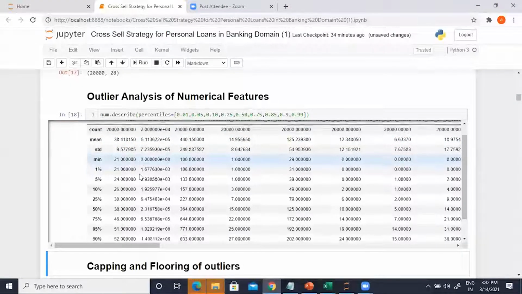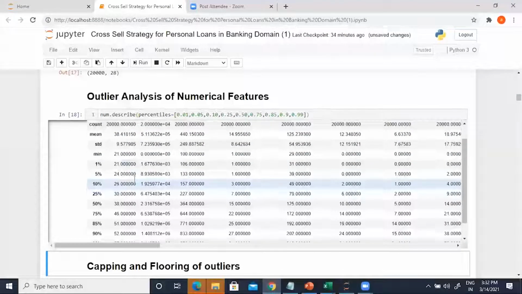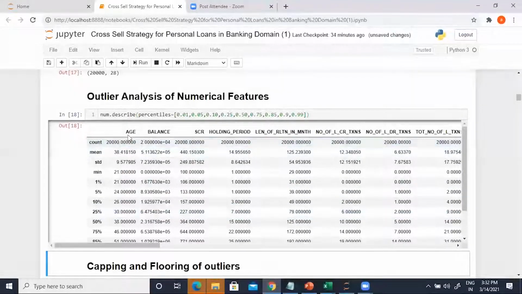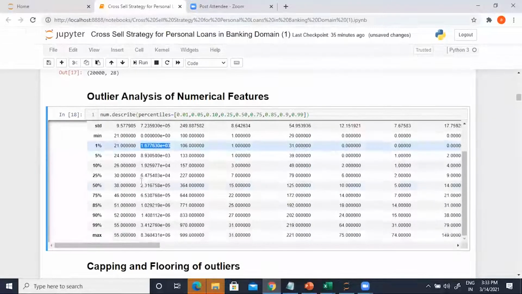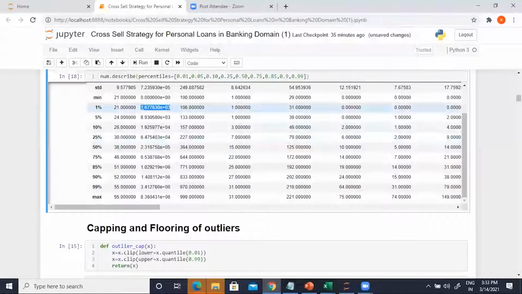Now let me explain what we mean by outliers here. Let's take balance, right? So 1% is 16,776, I think. This represents the 1 percentile value, meaning that 99% of people are above this number.